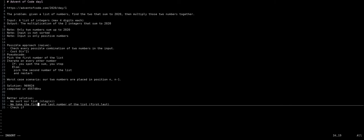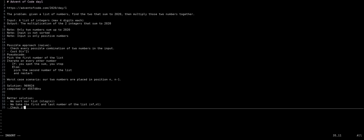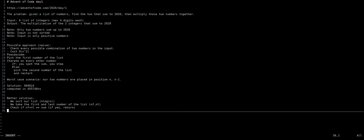No, sorry, this is a terrible notation. So let's call them NF and NL. Is NF plus NL equal to the sum? And in that case, we are just doing the same as before. If yes, return. If it's not the sum,